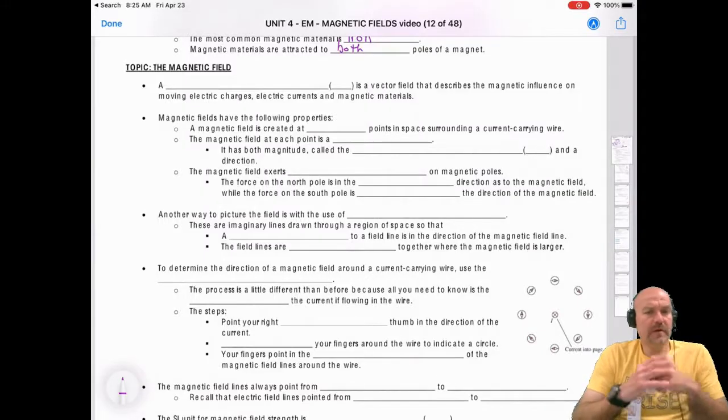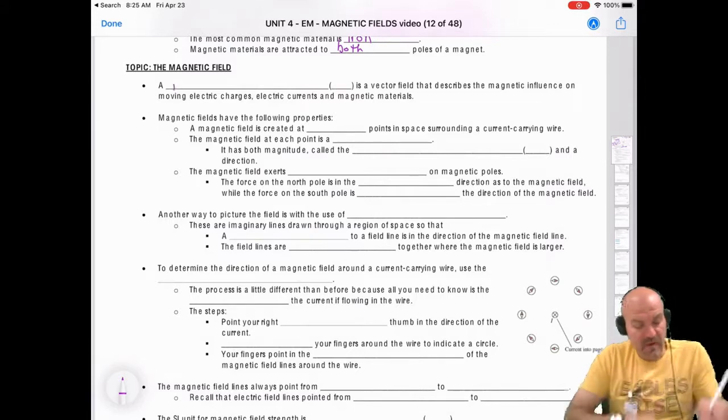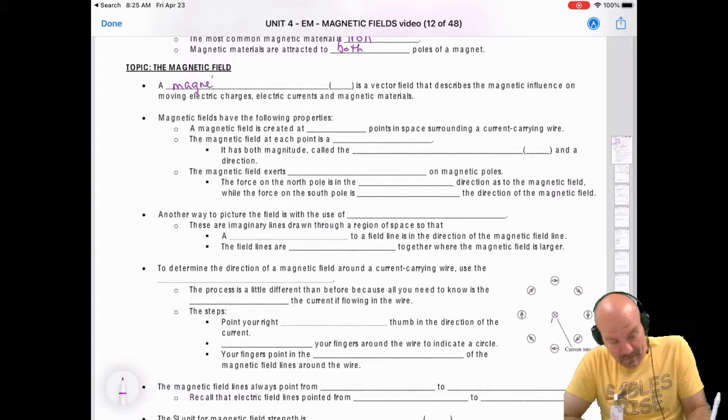Okay, so in this video, we're going to keep expanding our knowledge of magnets. In the last video, we just simply talked about what magnetism was, a little bit of review, basically from middle school science, right? So now we're going to talk about the magnetic field, and how it affects certain things. Okay, so a magnetic field,